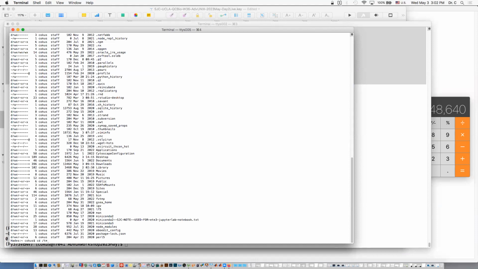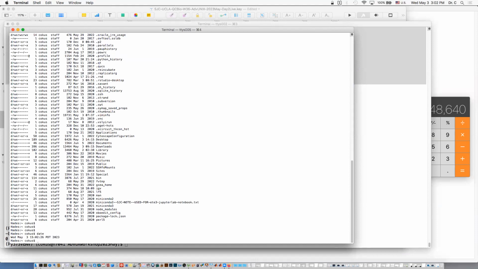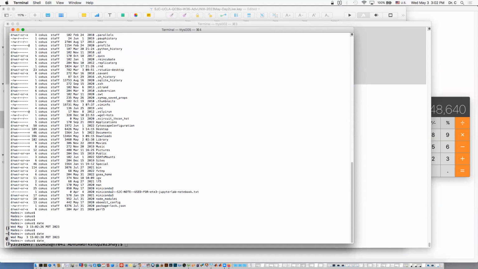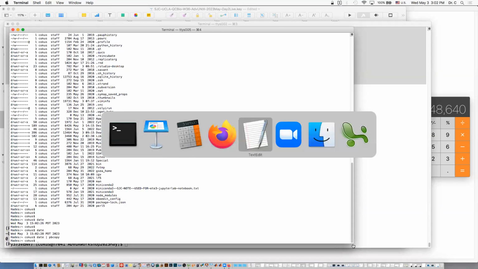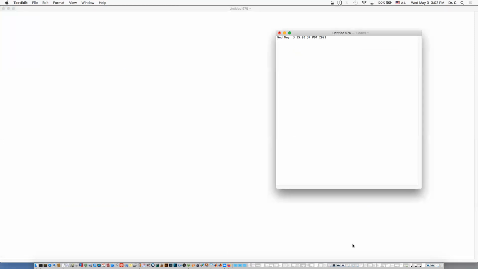Let me go someplace less noisy, or just do date or something, right? So here's date. I could pipe that to pbcopy. That's the reverse direction: take command line standard input into pbcopy, place it onto the GUI clipboard. Now, if I go to my TextEdit window and hit paste, that's from the command line world in my GUI clipboard. Not very interesting for date, but